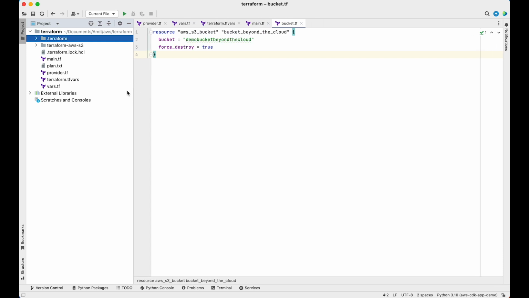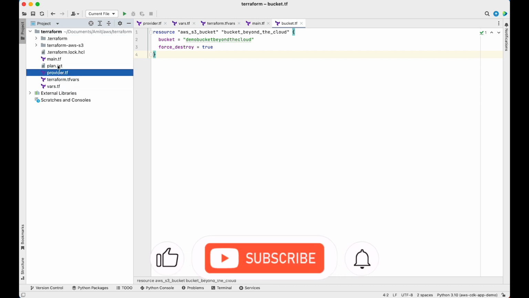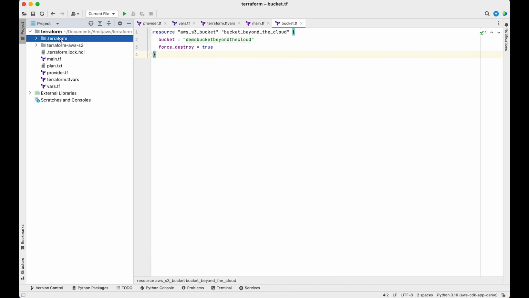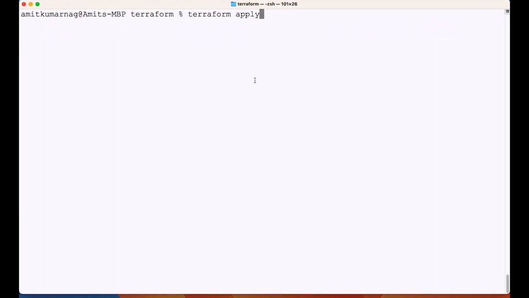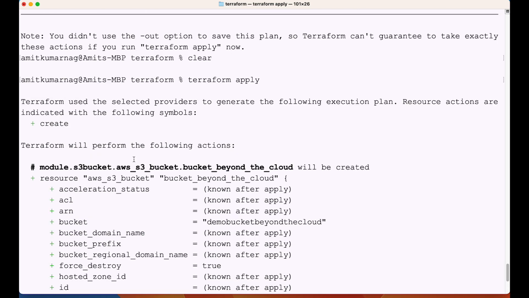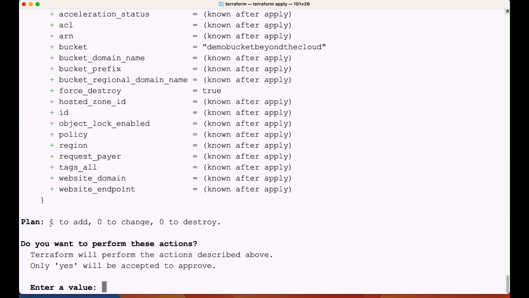Fine. Now please check out the files here properly. We see that there are only vars, tfvars, provider, main. This is our output, Terraform log file, and module and .terraform. There are no other files. Now see the magic here. Whenever we do Terraform apply, it will show me that this is the plan, and one to add, that means one S3 bucket to add. Do you really want to perform the action? We have to specify yes. As soon as I specify yes,